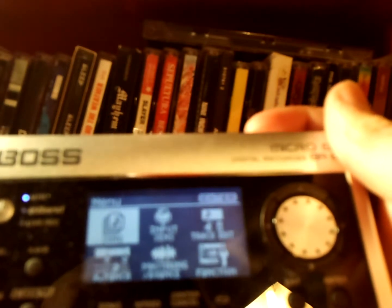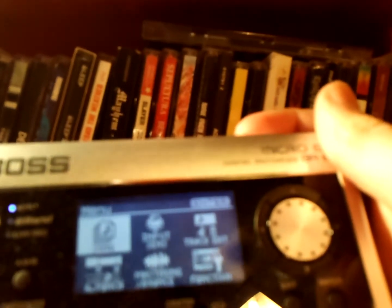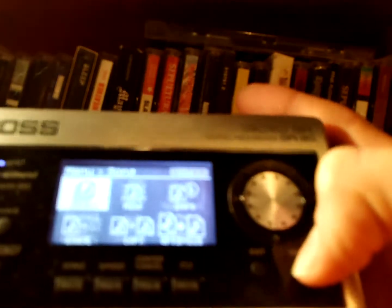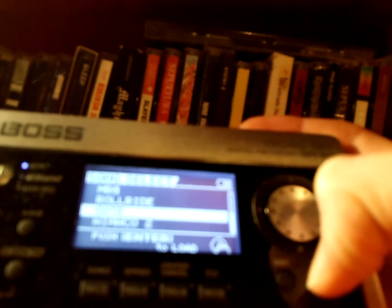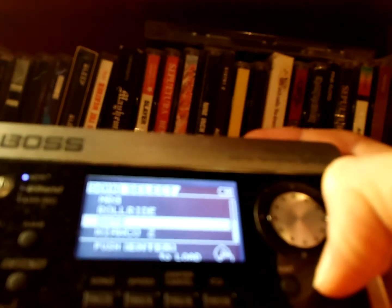There's so many features in this little box that I couldn't possibly go through all of them in this video. And you keep on discovering new things about it, and that sort of improves your usage of the thing. Like some of my first experiments with this sound a lot worse than the ones I'm doing now, and